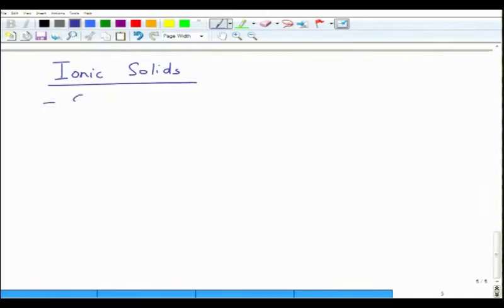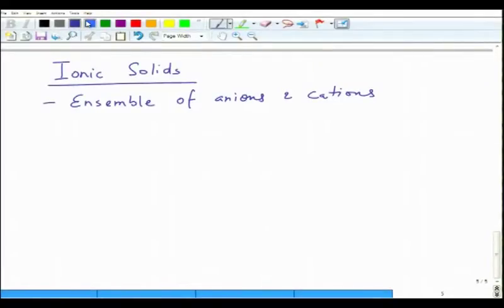they are nothing but an ensemble of anions and cations. So as a result, electrostatics, or electrical neutrality and balance of forces, requires you to follow certain guidelines, and there are some obvious things like you cannot put two cations together because there will be substantial repulsion. You cannot put two anions together either, because there will be substantial repulsion. So there are certain guidelines which must be followed to build these structures.